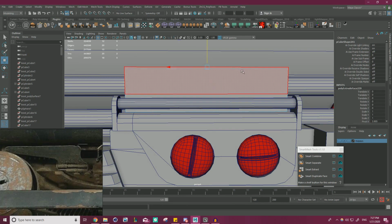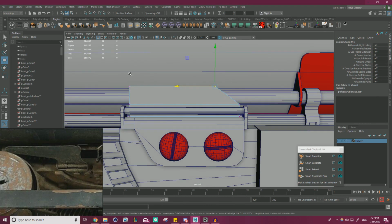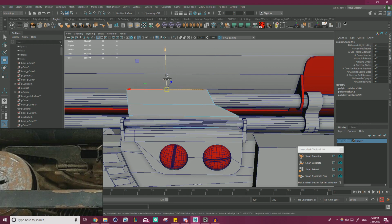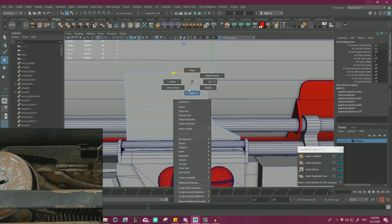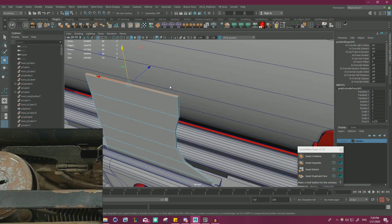Let's extrude this guy up a bit. Grab these verts and start to pull it in pretty harshly. Extrude up. Slow it down quite a bit. Extrude up, mostly straight. Extrude up again. But now slowly tapering out. Extrude up again, where we can just